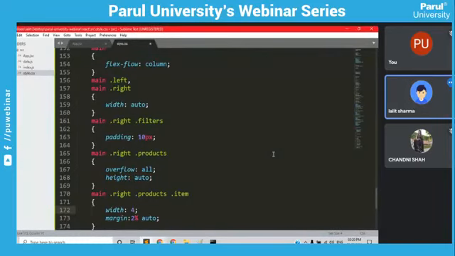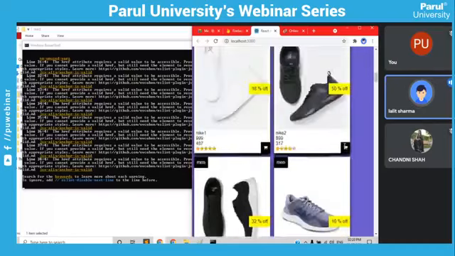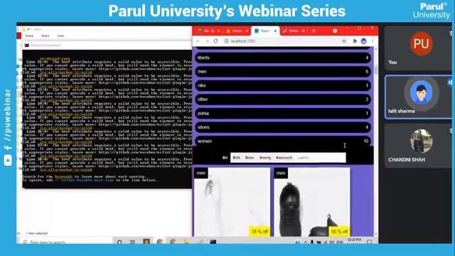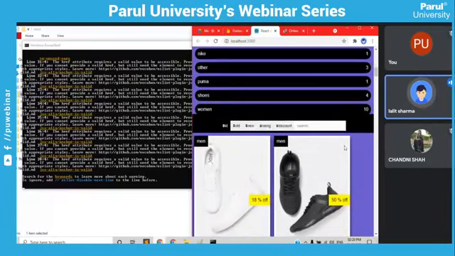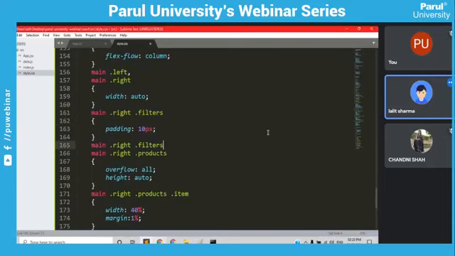So 43% and 1% of margin would be good. No, we need to write 40, because since we have padding also, we could see two items, and somehow it's not that good, but I know it's going to be very good. So yeah, and the products filters are having button. They would be